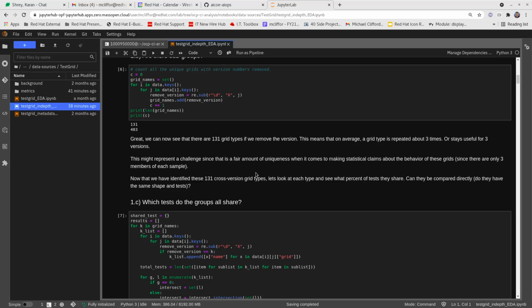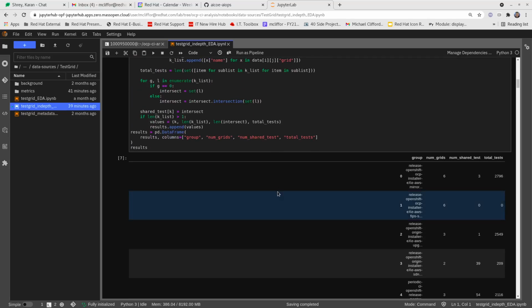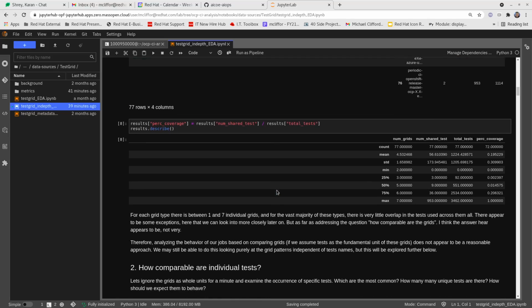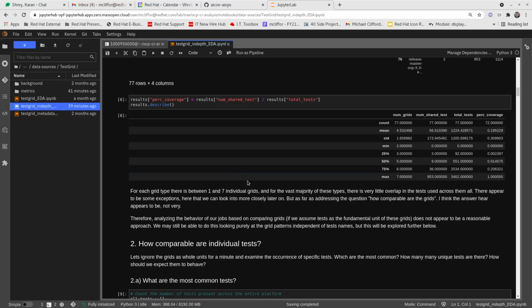So the next thing we'd want to do is say, okay, the grids are really comprised of these sets of tests, so let's look at each of them and see if any of them have identical test sets. We can go through and look at that. And as we go through here, we can see that in fact,